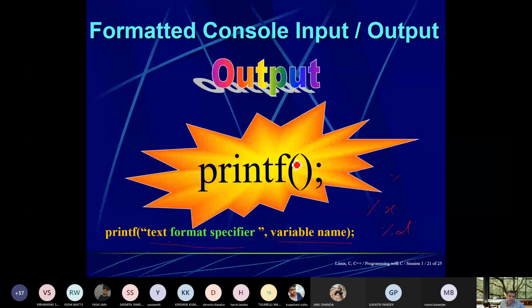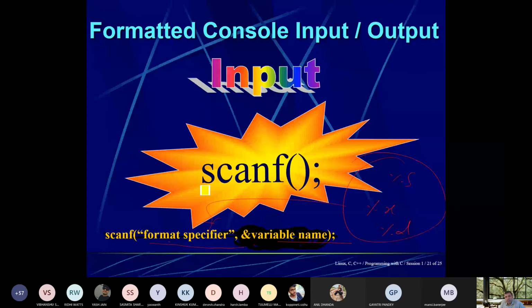It will take input. See, it is a very important thing. Here it shows scanf, format specifier and address of variable name. This particular place is very important. That ampersand is very important.